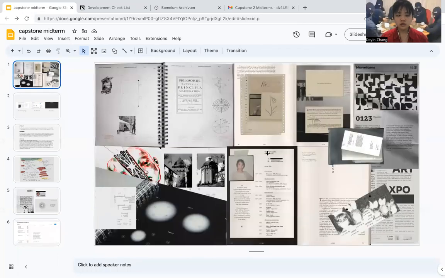So here you can see. Let me first give a brief introduction about my Capstone project and what I'm going to make. I'm going to make an ARG. Since my research from last semester focused on the narrative perspective on alternate reality games, what I tried to find out was how to use gameplay to tell a story, how to use the gameplay as a support to the narrative of a story.